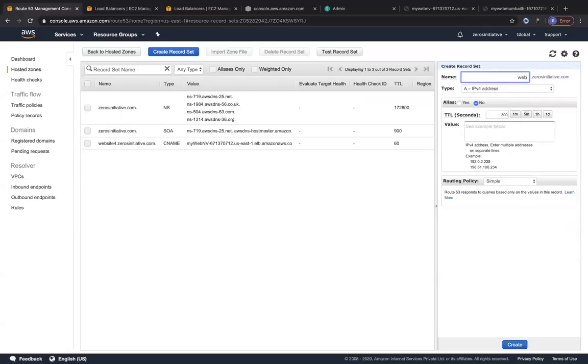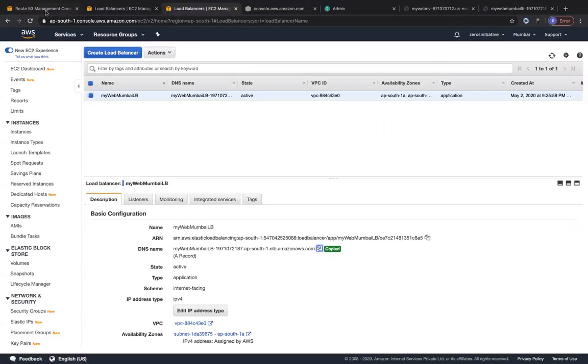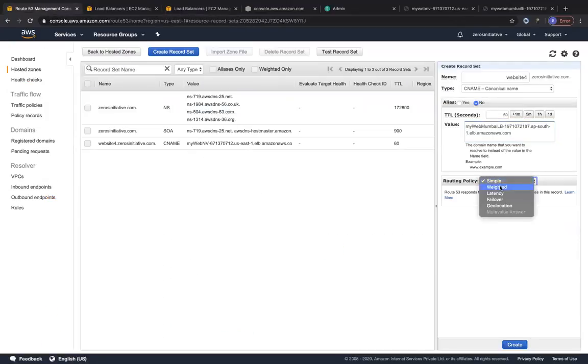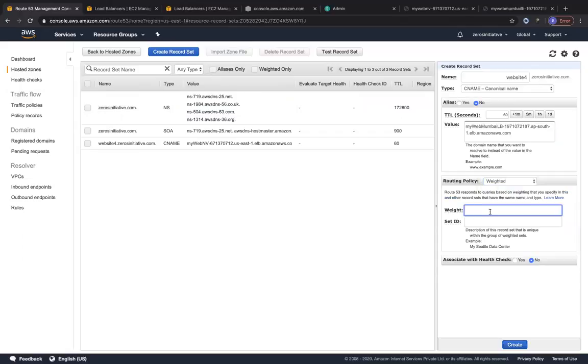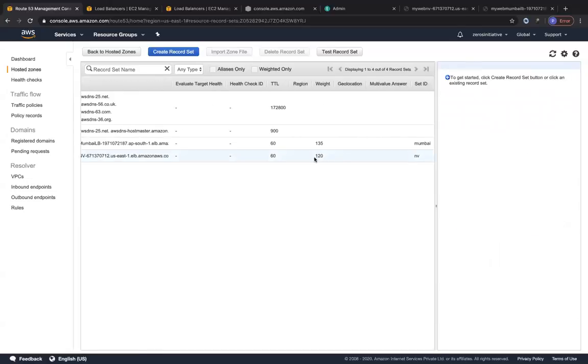And even over here, it has to be the same name, right? Both of them have to be the same for weighted to work. But this time, this one is going to the Mumbai region, wherein I have version 2 of my application probably. Let me take the Mumbai ALB DNS name and paste it. Let me go to weighted routing policy. And 255 minus 120 is 135, right? And the set ID is going to be Mumbai. I'm going to click on create. So right now what's going to happen is the traffic is going to divide between the weights. So it's going to be 120 and 135 that we have given: 135 goes to the Mumbai region and 120 goes to the Northern Virginia region.